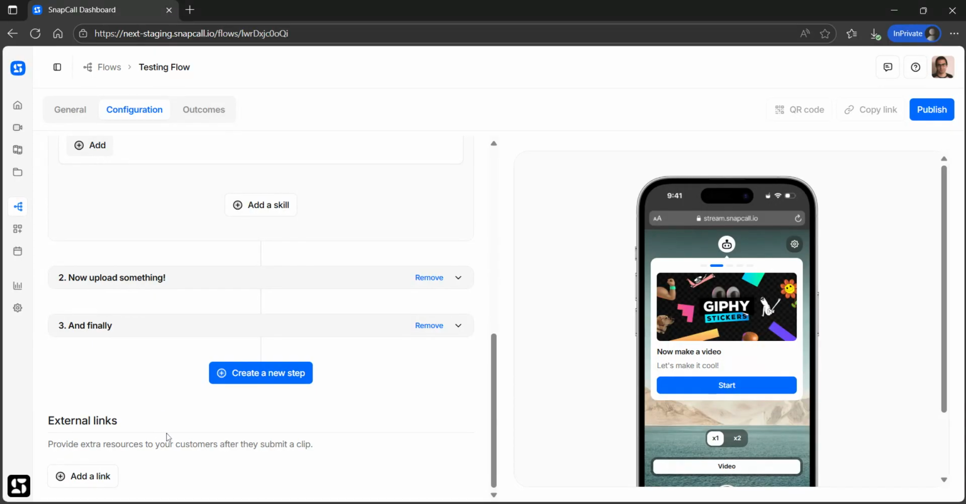There is as well a new feature called external links. These are basically links that you can provide to the customer as soon as they go through the whole experience of the flow, from the very first step till the last one. Yeah. So, for example, let's say if you want to provide some useful information such as privacy policy, any sort of policy that you have internally to your